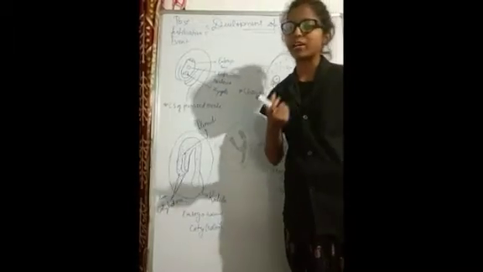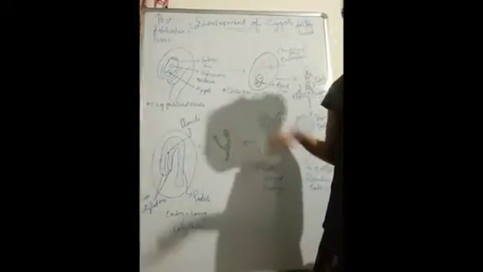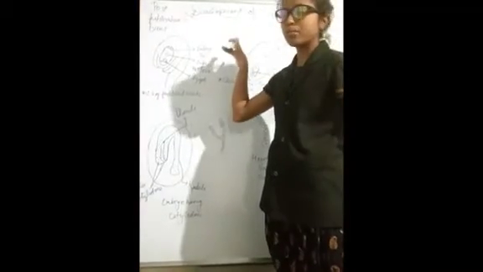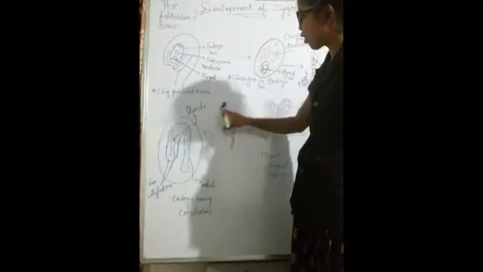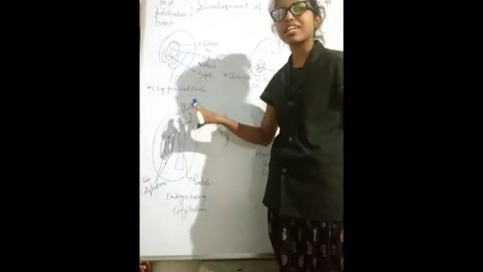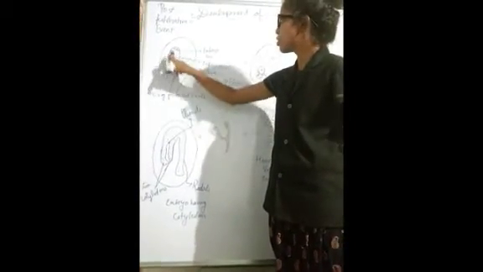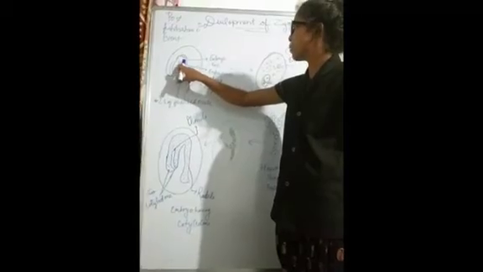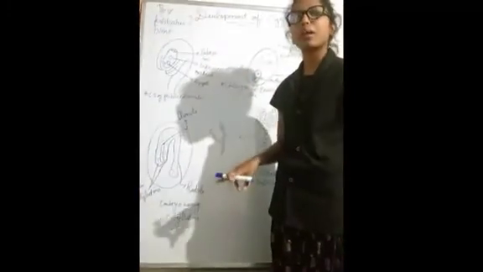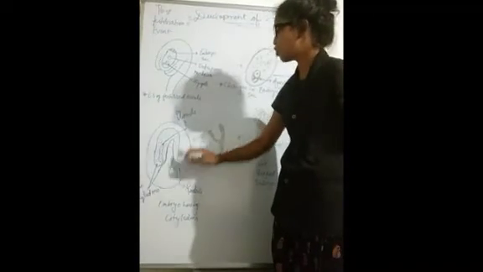So we can say this is a diagrammatic development structure of a dicot seed, or we can say development of zygote into seed or embryo. In this manner, the development of zygote takes place, and finally this structure is formed, and with this structure the complete seed is formed. Within this, the ovule turns into a complete seed with the development of the embryo sac.